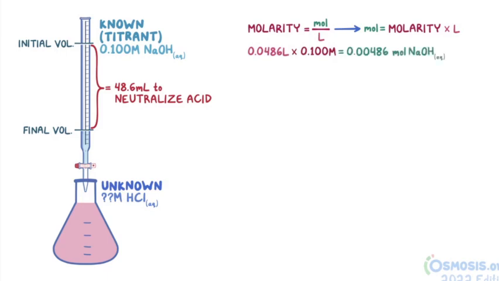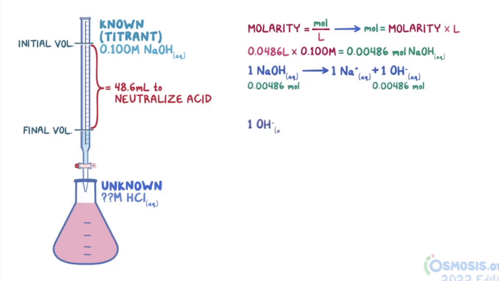Since the mole ratio of sodium hydroxide to hydroxide ions is 1:1, 0.00486 is also the number of moles of hydroxide ions in solution. Next, we look at the net ionic equation for the neutralization reaction. Since all of the mole ratios are 1:1, for every mole of hydroxide that we added, we consumed 1 mole of H+ ions and we produced 1 mole of water molecules. So, if we added 0.00486 moles of hydroxide, we must have had 0.00486 moles of H+ ions present in